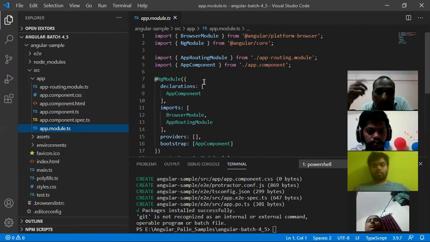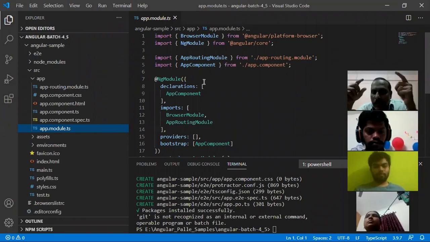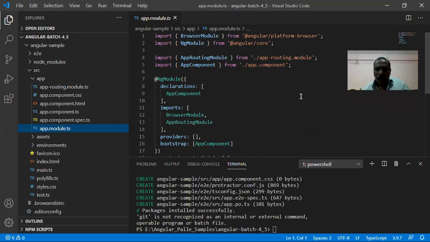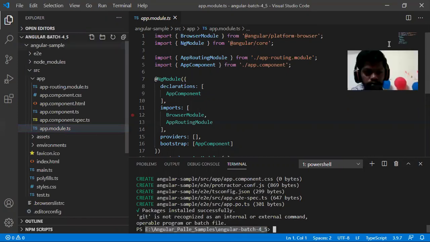Now, what I want to do here is see the output of this project. I want to execute this project and see the output. How to see the output? Very simple. Whenever you want to execute your project code, first your terminal, so this is a terminal, must point to the project folder. Now tell me, is the terminal currently pointing to the project folder, or is it pointing to the workspace?